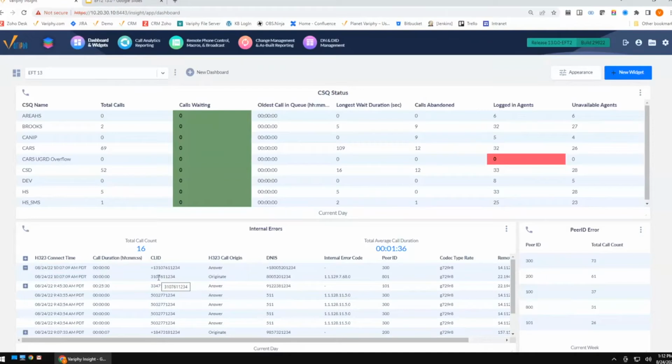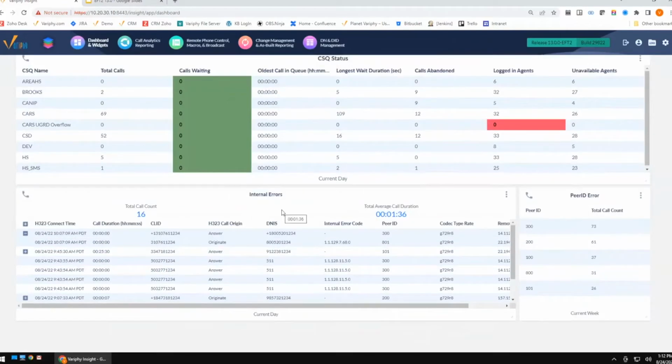With 13.0, we did find the need to not necessarily report the whole event, but just report the single event that we're looking for. To give you an example, in this particular widget here, I'm looking strictly for internal error messages. You'll notice this guy right here under my internal error code. These are calls that are failing in my Call Manager. So this is a great widget to have because it's going to draw attention to a potential problem taking place within your cube.